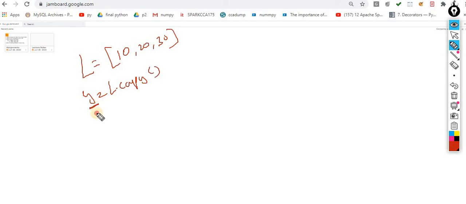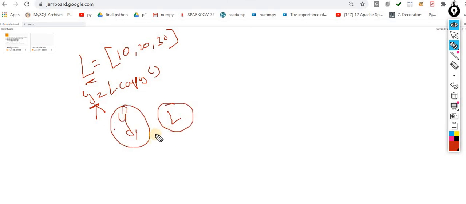Now, the two containers are going to be different, 10, 20, 30. Now y is equal to L dot copy. This is a different container, and this one is a different container. If I process anything over here, it won't reflect over here.